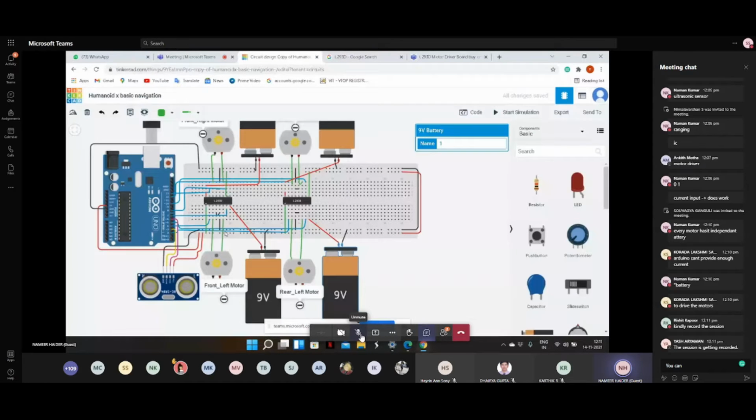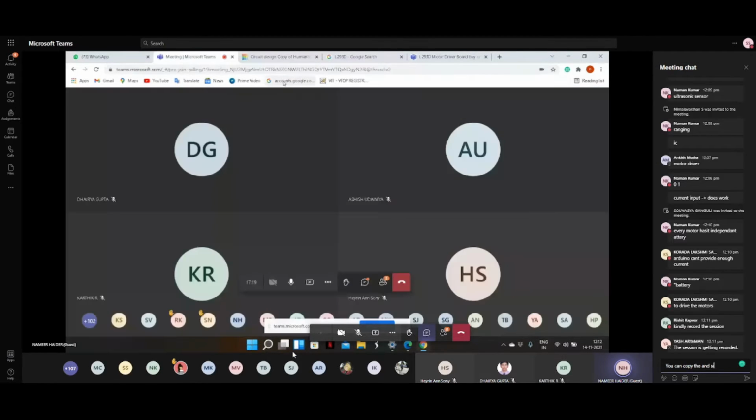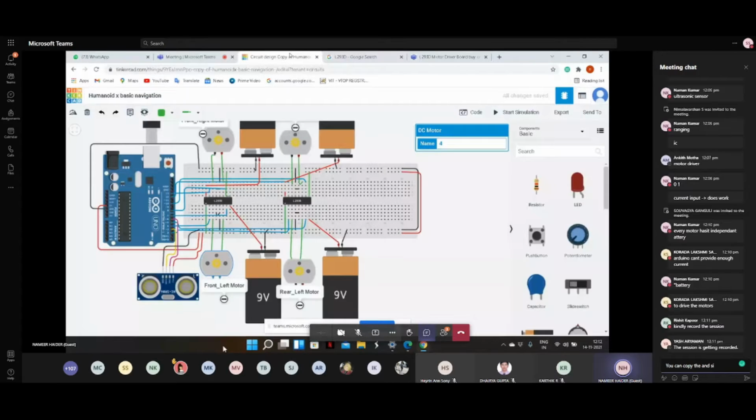This is an H-bridge, a motor driver IC. Now you can see the input pins are connected to the Arduino. The ultrasonic sensor has the echo pin and the trigger pin, which are then connected to the Arduino. The output pins are connected to the 2 terminals of one DC motor. An important point: an H-bridge can handle only 2 DC motors at one time,